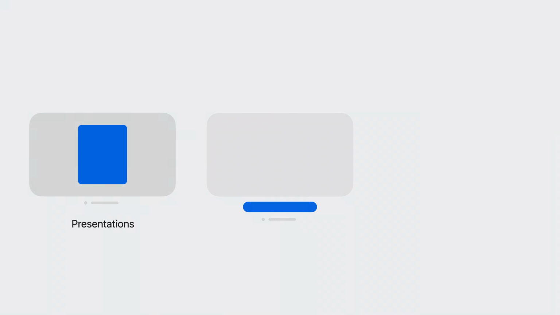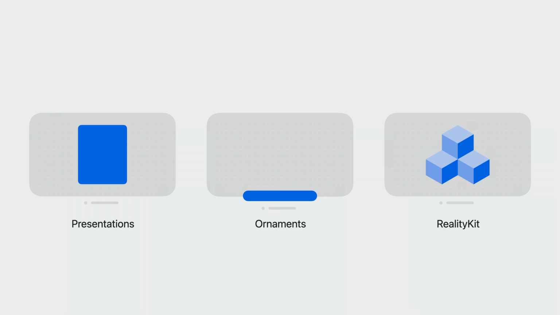I'm going to talk about 3 easy ways to update an existing app to create a great spatial experience. First, UIKit presentations have exciting new spatial styles that add depth to your view controller transitions.